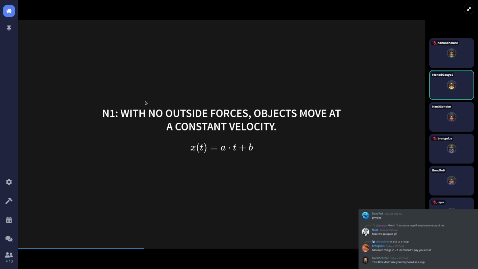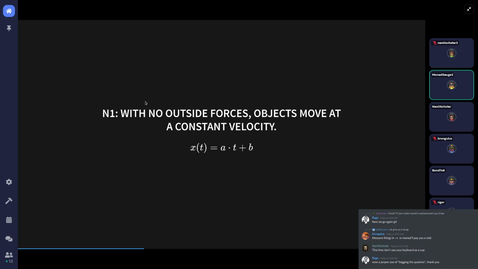assuming that we model our universe with a bunch of individual things that have a meaningful existence on their own, like particles in space, and they affect each other in some way, then if we have one particle alone in space that isn't interacting with anything else, what is it going to do? The answer is that we assume it is going to move at a constant velocity. Its location as a function of time is going to be some sort of straight line. If it's standing still, then a equals 0, and it's just going to stay put. And if it's moving, it's going to move at a constant speed. So the relevant question is,